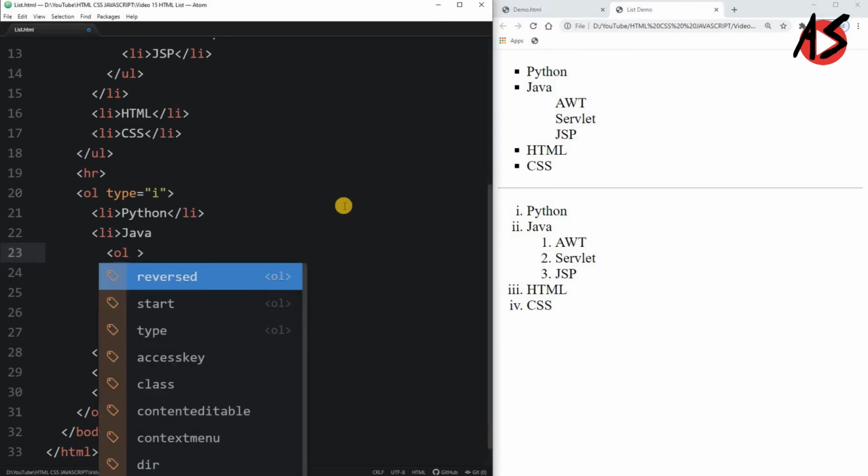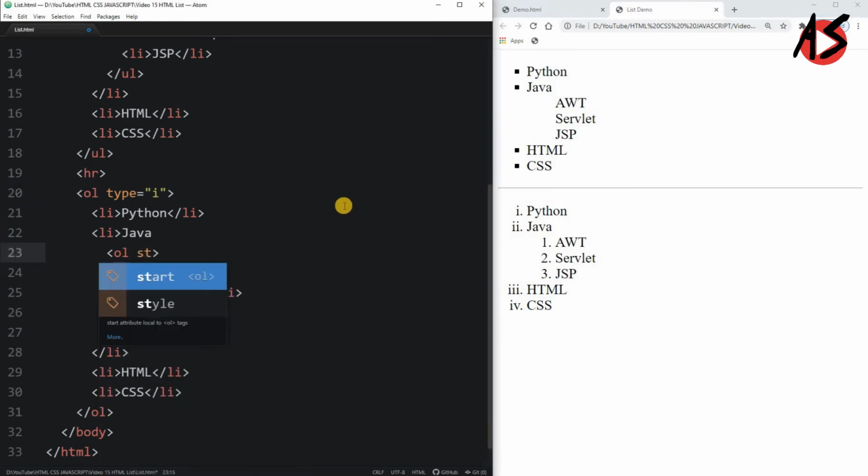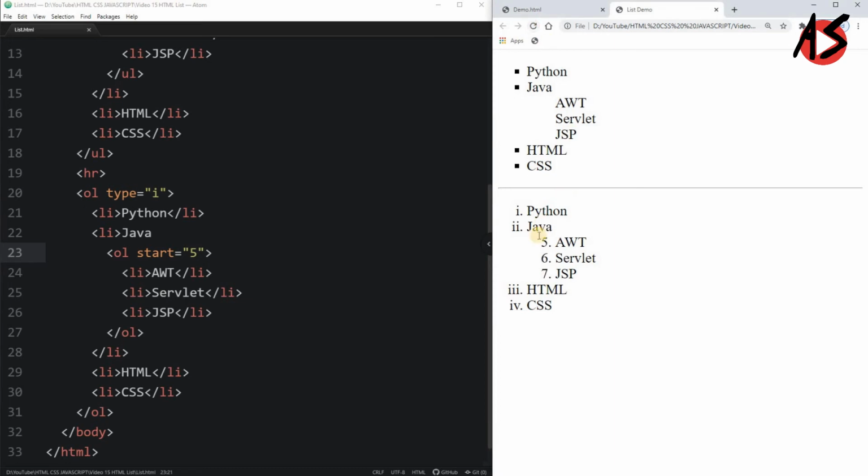Suppose you want to start your numbering from any number, say 5. You can write start along with the type. If you write start is equal to 5 and refresh the page, your numbering starts from 5. In the case of alphabets, it will take the alphabet according to that number.